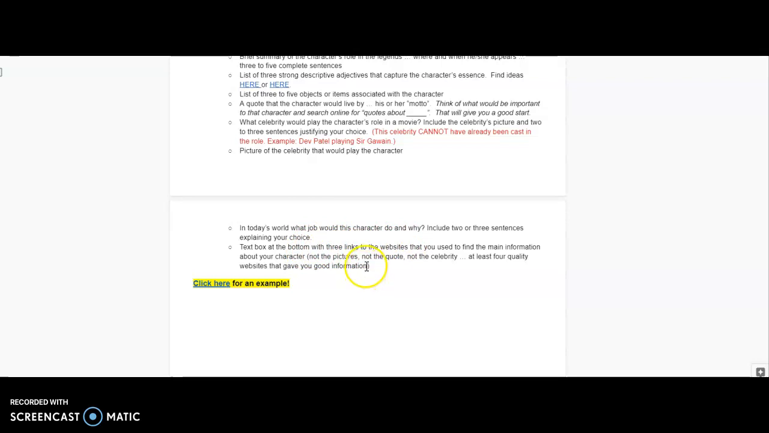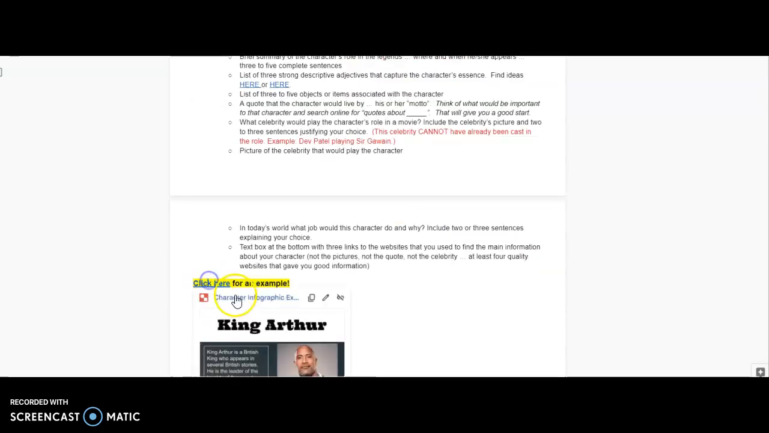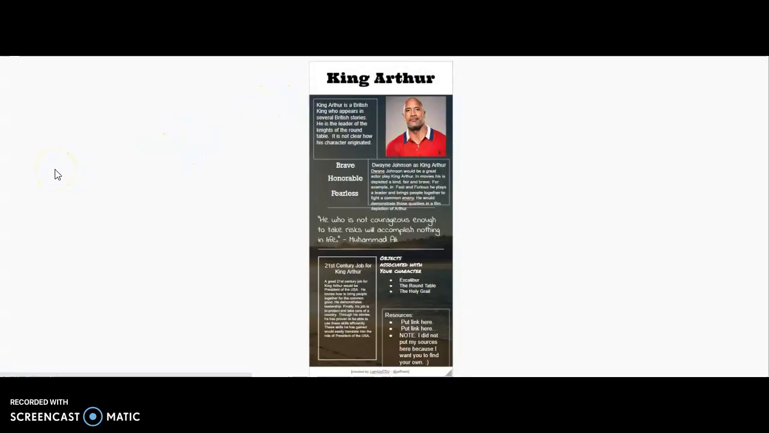And finally, text at the bottom with 3 links to the websites you used to find the main information about your character. Not the pictures, not the quote, not the celebrity, just at least 3 quality websites that gave you good information. So what does this look like? Let's look at an example here. So I did King Arthur because you're not allowed to do King Arthur, and I want you to make sure you are creating your own